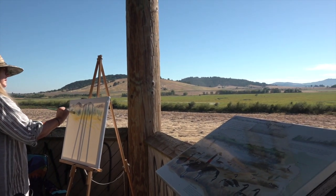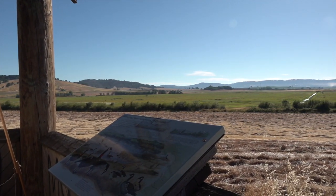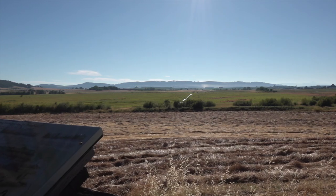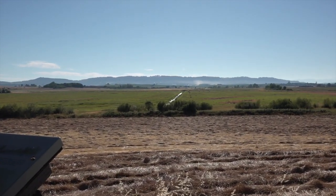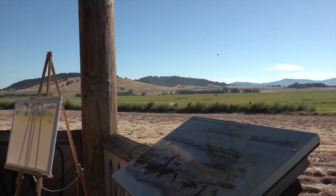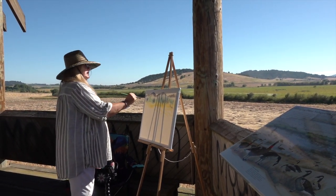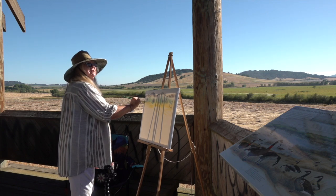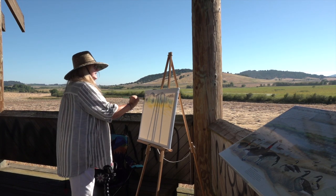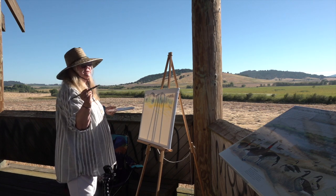I think in your human language you call this a riparian zone. Yeah, riparian zone. Thank you, Bigfoot. I think there are some awesome things that have happened here in the past. I was told a story by a very old timer that there was a man who liked this area and wanted to bring in the Canadian geese. So he came out here and planted a bunch of clover, because Canadian geese like clover, to bring them in here. And from this day on, there are tons of Canadian geese, which we'll paint a few in the